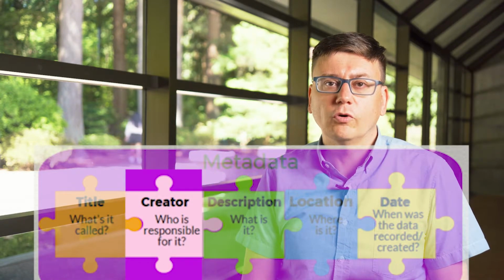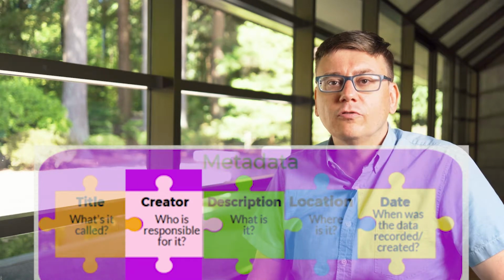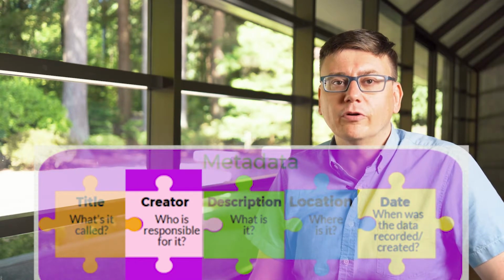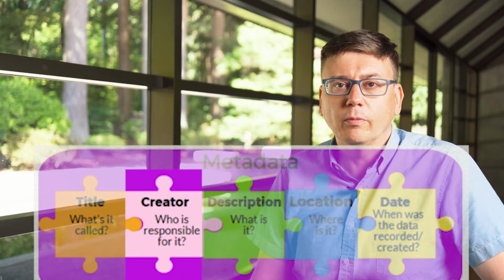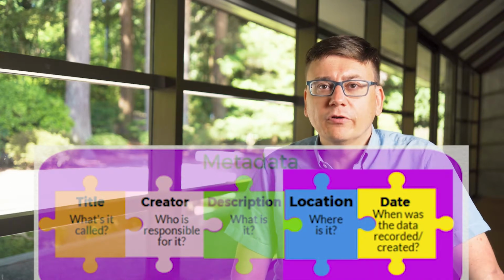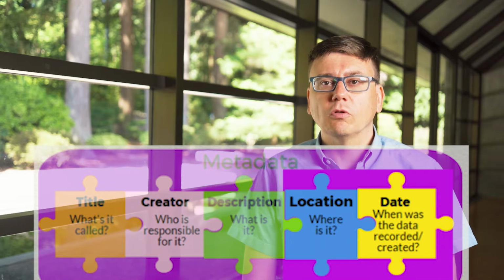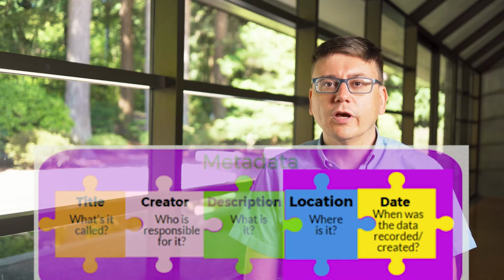For example, we need to keep track of who created every piece of data. In the case of a photo or video, that's the person who is holding the camera. That's because the person who creates a recording is the copyright owner. So when we put the file into our database, we need to confirm that we have their permission to use it. Another vital piece of data is the date and time, but fortunately, that's automatically recorded by all digital devices. Just make sure that the clock is set correctly to the local time.